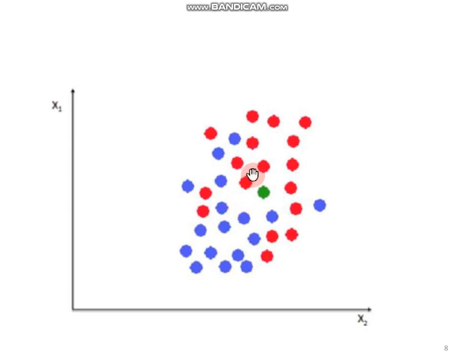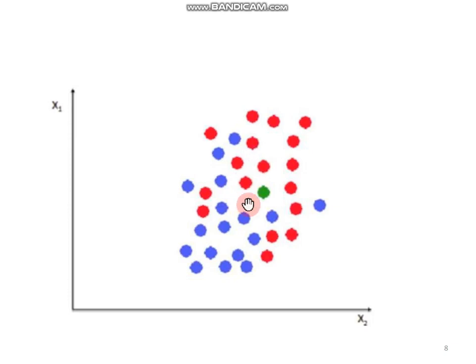Fine. So there are 4 red points and 2 blue points which seem to be the neighbors of this green point. Now, in the last class we saw majority voting.